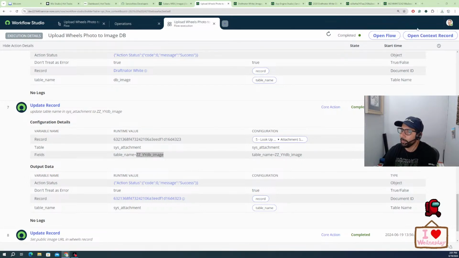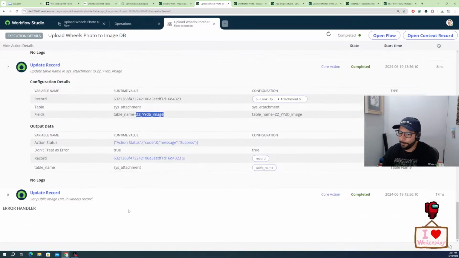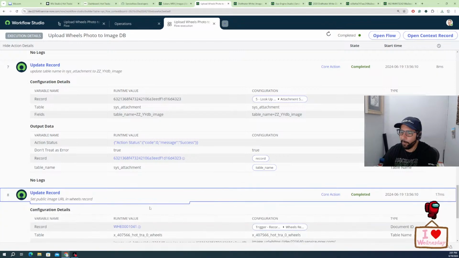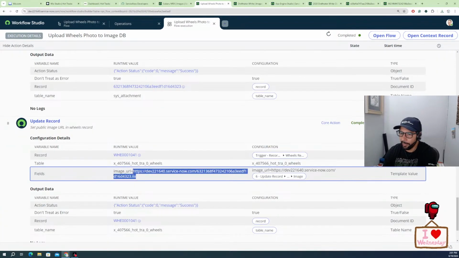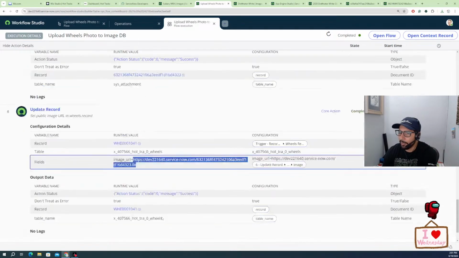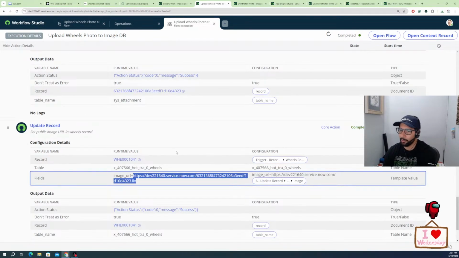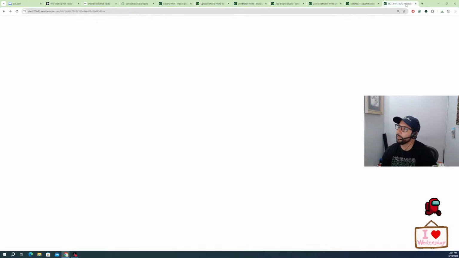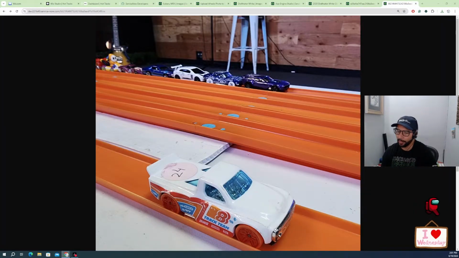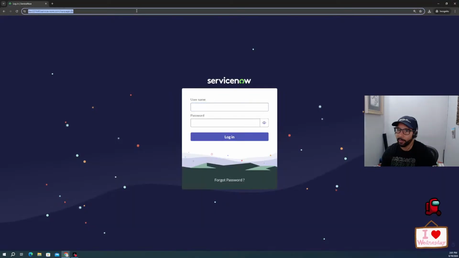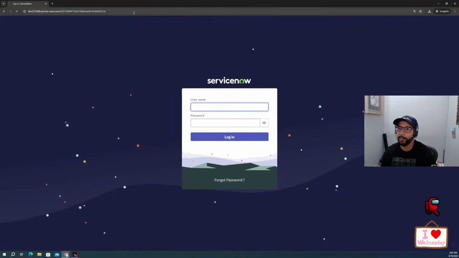But see, it downloads it without a file format. And then see, I'm updating the link. So I'm building the link here. So it kind of works, but it's still not working correctly. So I thought it was working last time I tested it, but as we can see here, it's still not